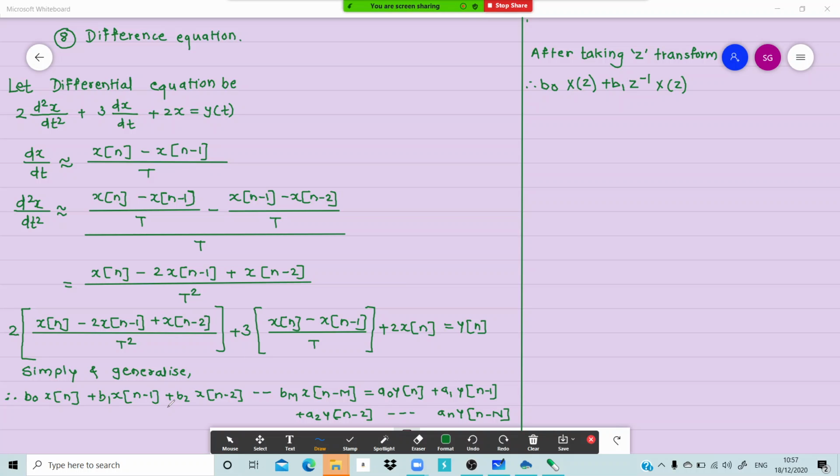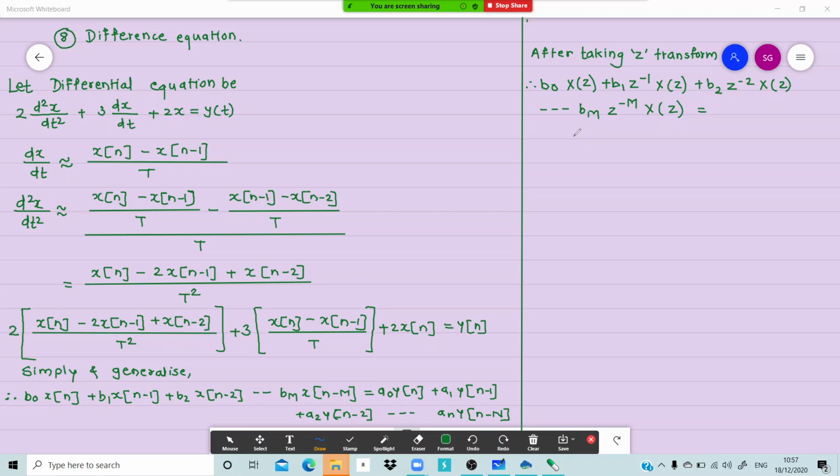Now here it is shifted by 2 instances, right? So z raised to minus 2, b2 z raised to minus 2 X(z). Will continue till this one, so bn z raised to minus n X(z)